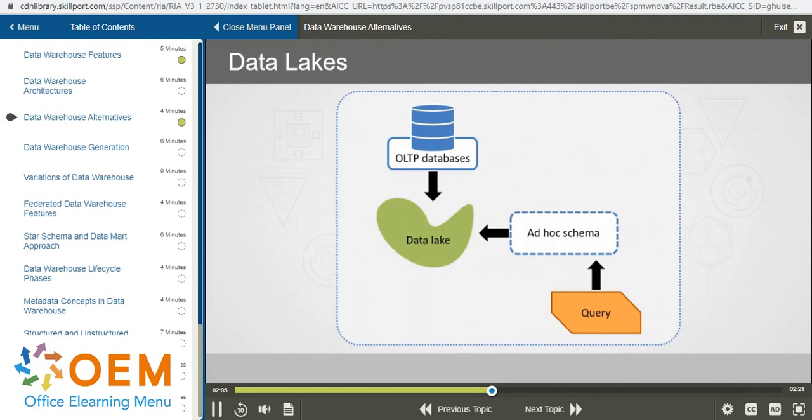Now let's explore the data lakes further, so we can understand how they're implemented. When implementing data lakes, we'll be ingesting data from OLTP databases, as indicated in the sample implementation figure. The data lake will contain the ingested data in its native form. Now, whenever there's a query made to the data lake, or whenever